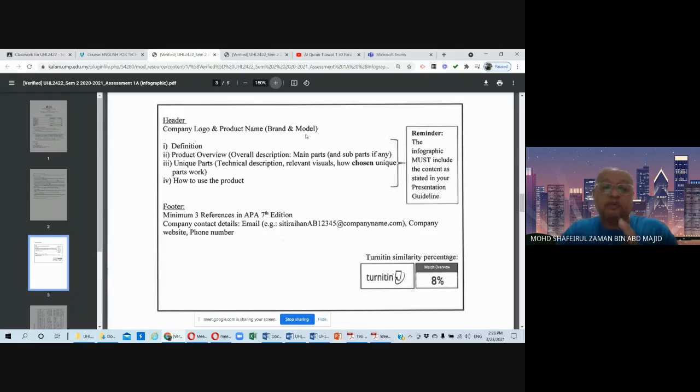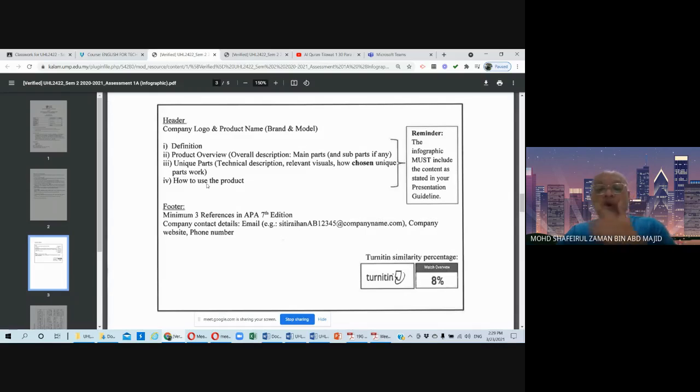For the draft, for Turnitin purposes, do not put the logo, the brand and the model, because I'm afraid your similarity index report will be higher than 10%. You also need to put in the definition, the product overview, the unique parts and how to use the product.